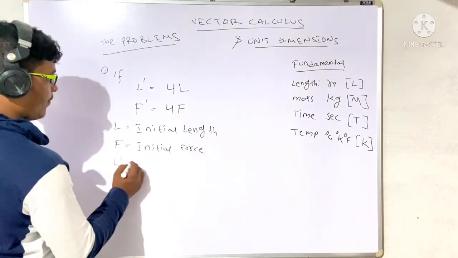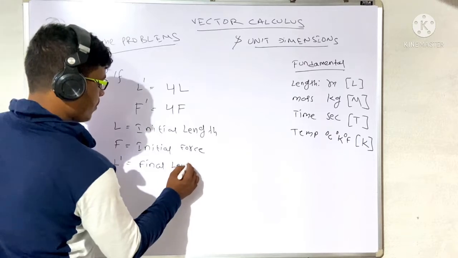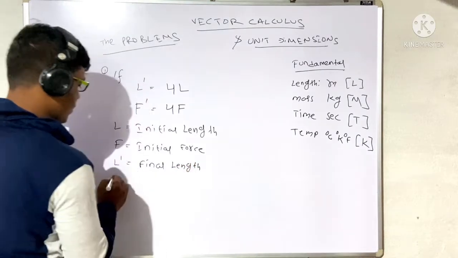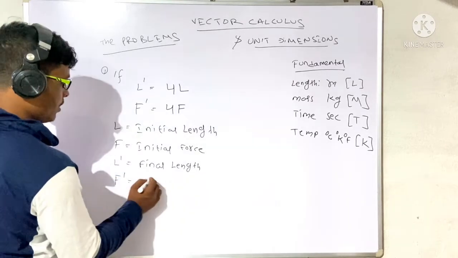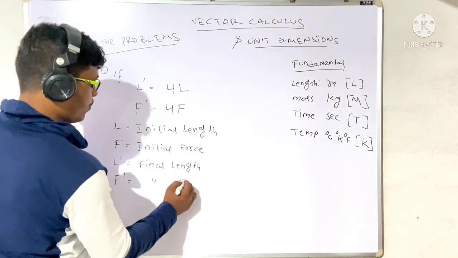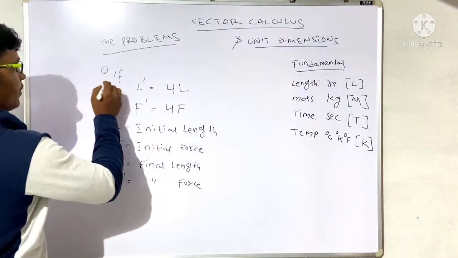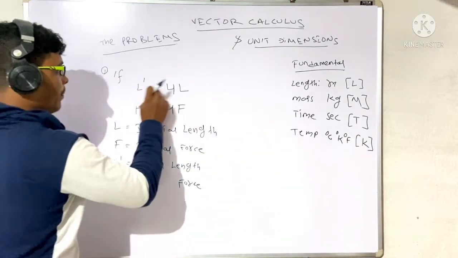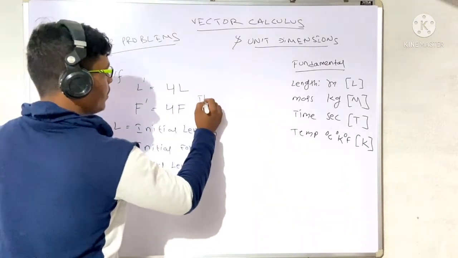L dash is your final length and F dash is your final force. So this is the solution. If L prime equal to 4L, F prime equal to 4F, then